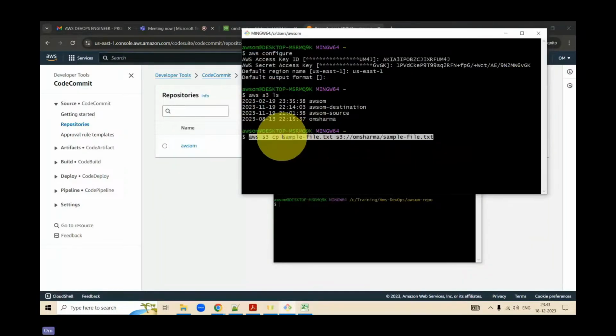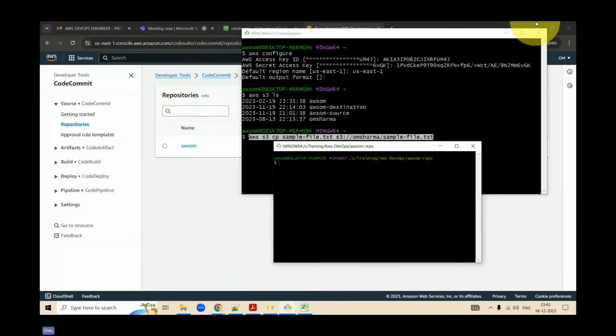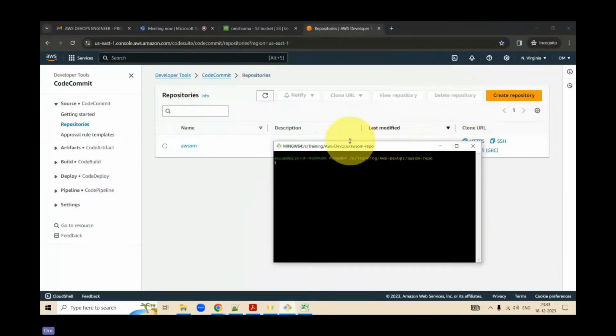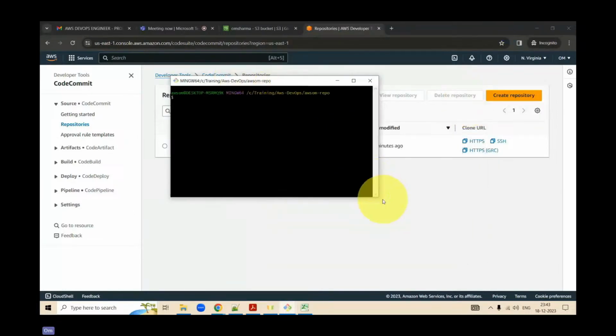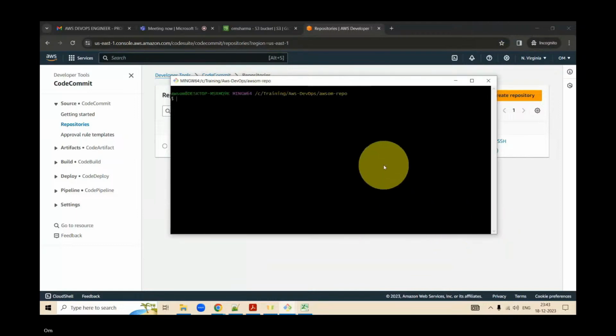If you are already on a root directory, then you need to go to that path. Or if you're already over here, then you need to go like this. Let me tell you once again. That's a good question, I guess, how you get an access key and secret key. So what is the first step?